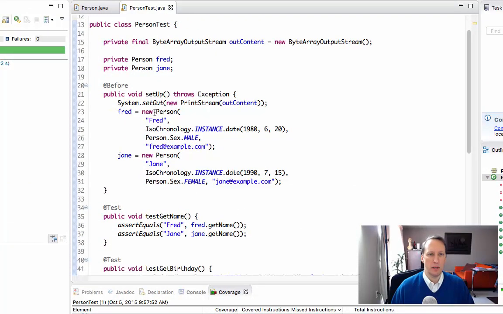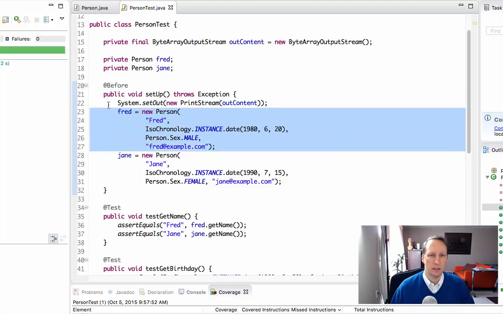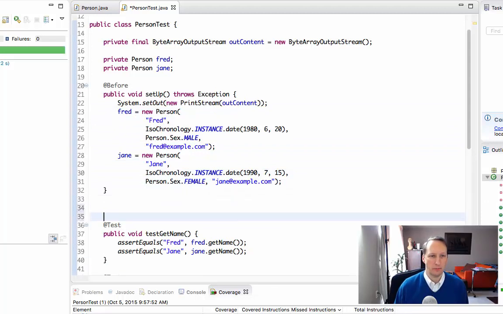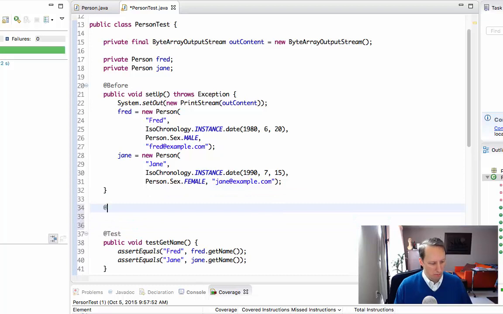All right, you see we're using the constructor here in the setup method. And in this case, the constructor works. Okay, but what's not working are the exceptions. We want to test if we're throwing the correct exception. All right, so